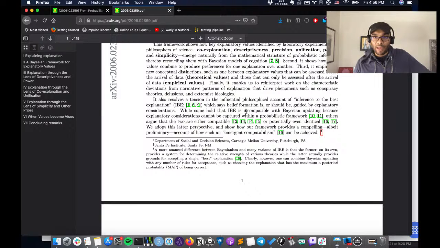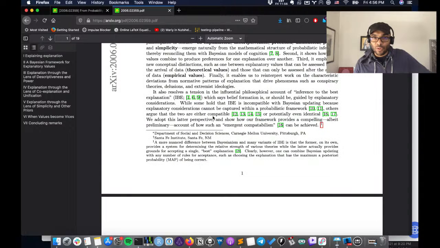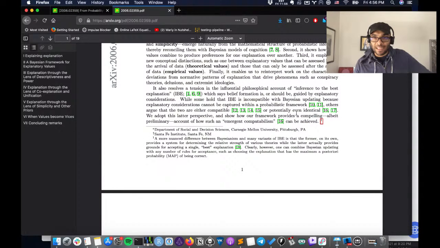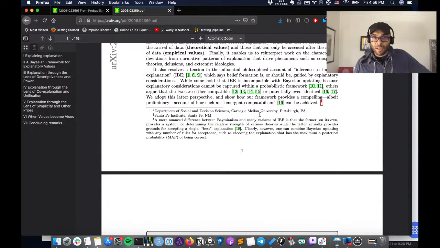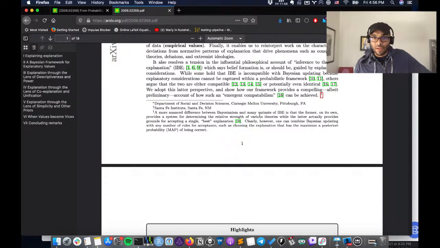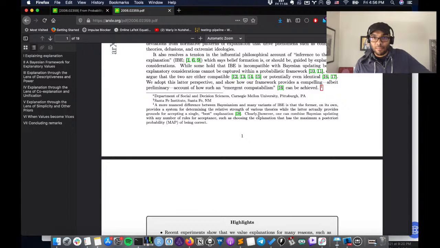IBE is incompatible with Bayesian updating because explanatory considerations cannot be captured within a probabilistic framework. Others argue that the two are either compatible or potentially even identical. We adopt the latter perspective and show how our framework provides a compelling, albeit preliminary, account of how such emergent compatibilism